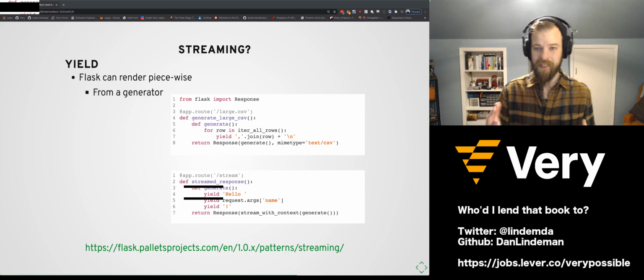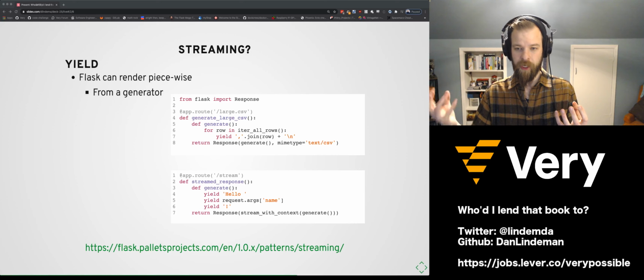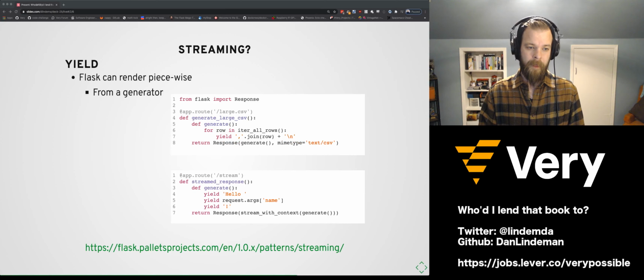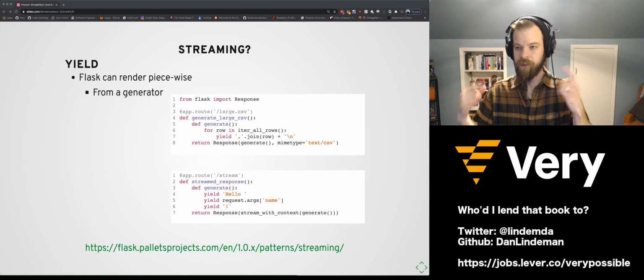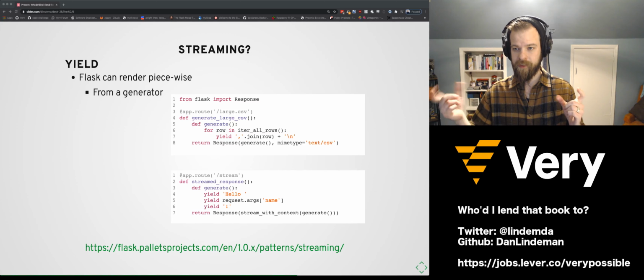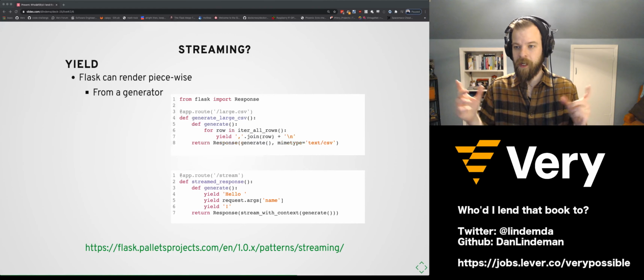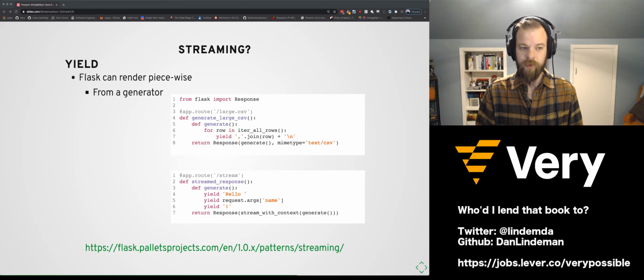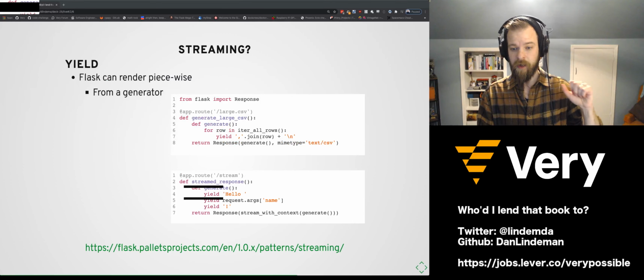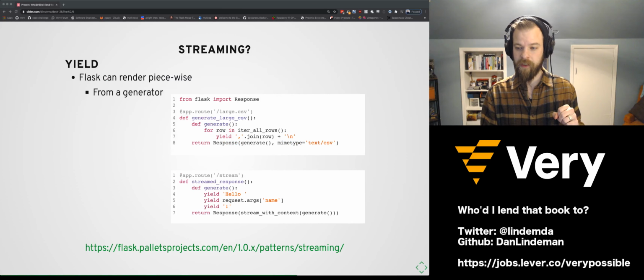Something that I did learn was that Flask can actually render things piecewise from a generator, and I really wanted to get this right, but passing messages in Python between 2 processes is not as easy or as simple as one might think, and it's a little bit out of scope for this talk. So we'll just talk about the different trade-offs. If you're interested in streaming, I really like the Pallets Project's tutorial here.